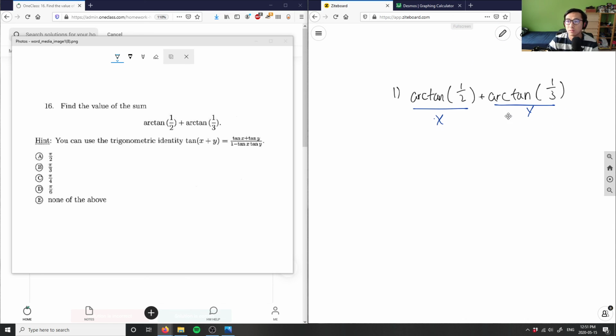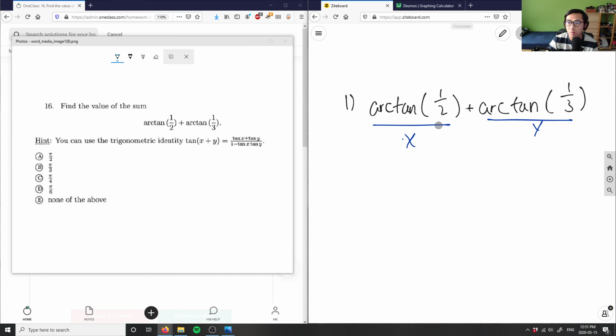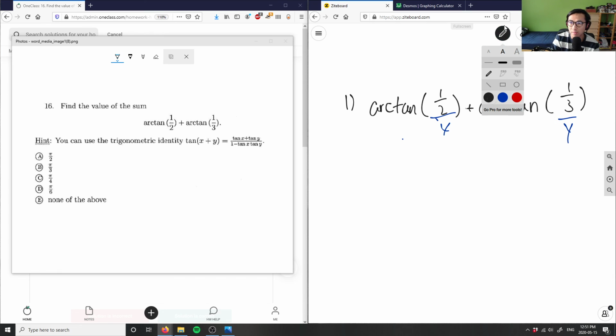So instead of doing this guy here, what if I did the half here was the x, the half here is the x here, and this here is the y. So again, I'm going to plug this into my tangent, or what I can do here is I can have tangent of some theta here, right? So again, I can have this here would be